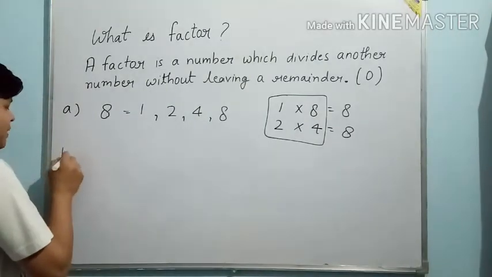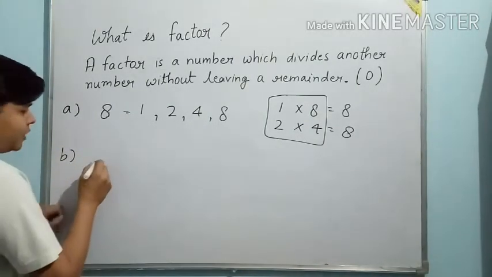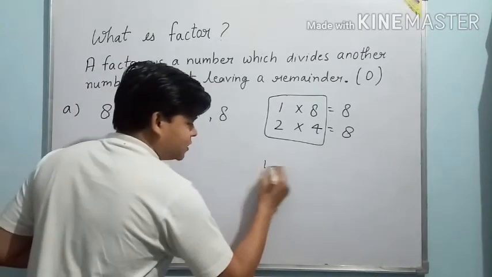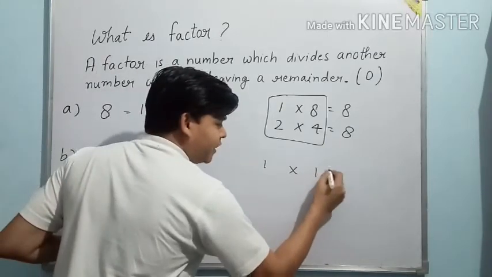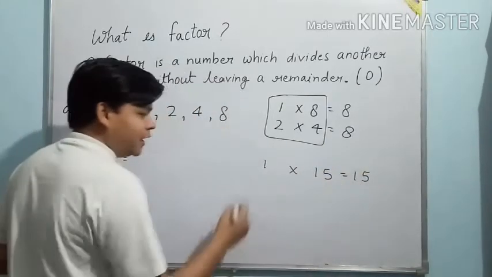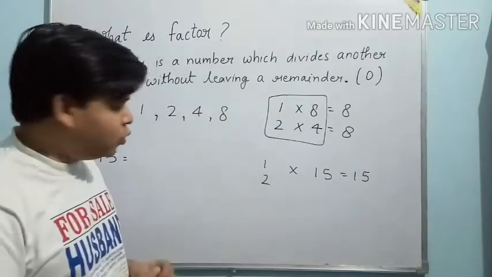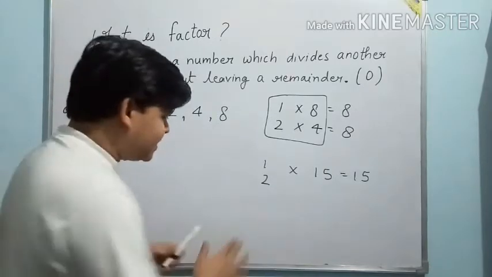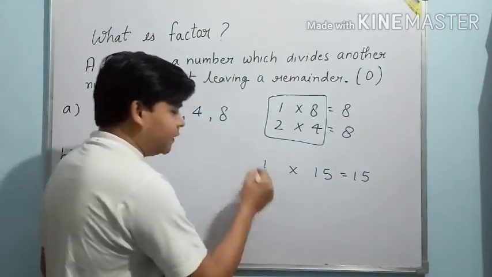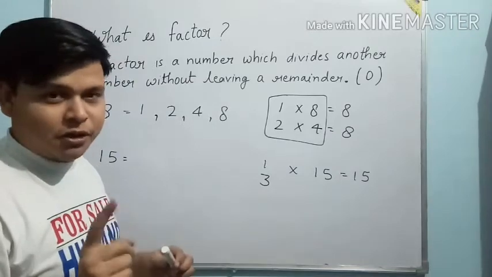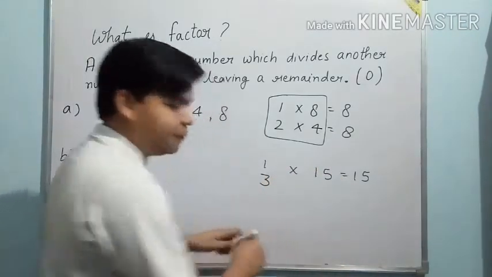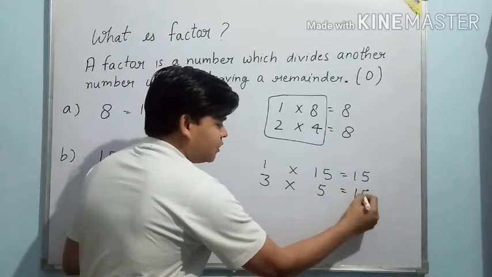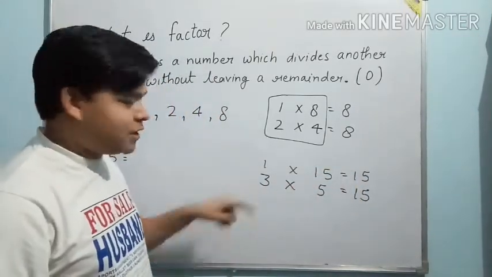Let's take another example. Suppose now I want to write the factors of 15. Start with 1. Once again, 1 times 15. Then if I think about the table of 2, as we all know, 15 will not come in the table of 2, so we will skip this number and move to number 3. But remember one thing, that no number should repeat. I am talking about this portion. In the table of 3, 15 will come 5 times. 3 times 5 is 15.